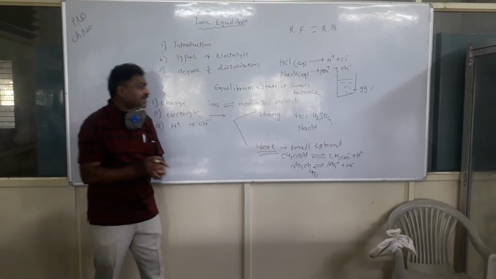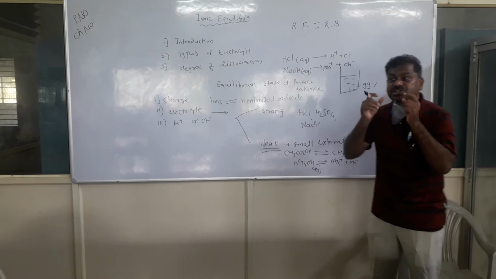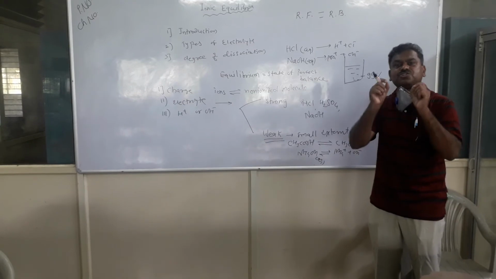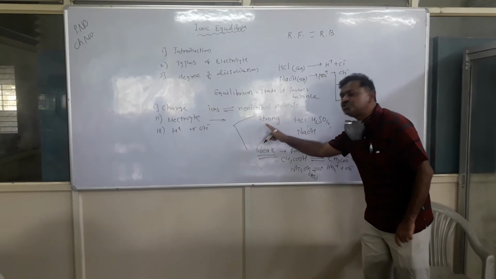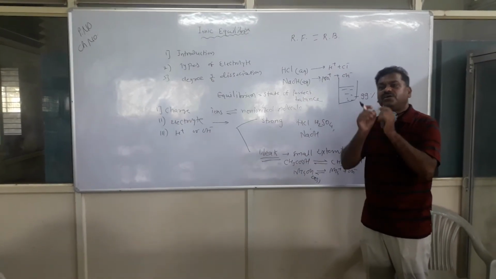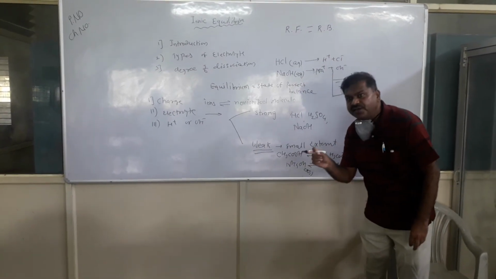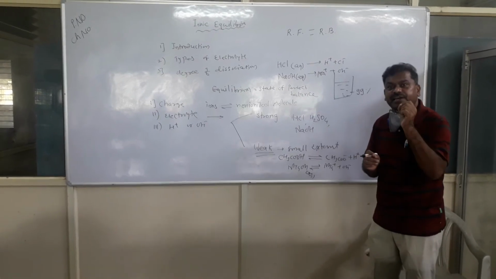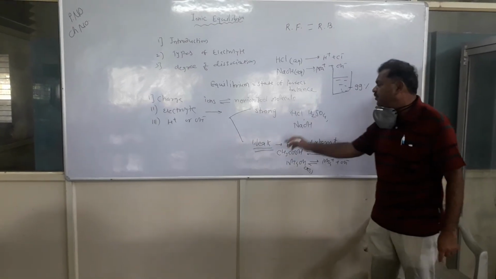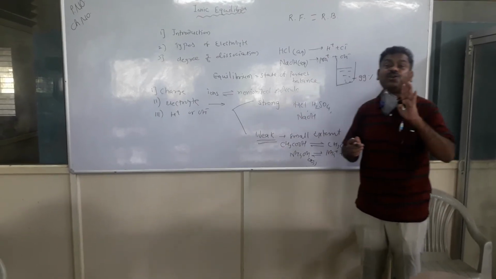In short, a strong electrolyte is an electrolyte which dissociates completely, or almost completely, in the solution. Secondly, a weak electrolyte is an electrolyte which dissociates to a small extent in an aqueous solution, giving a smaller number of ions, feebly ionized in the solution. There are these two types of electrolyte.